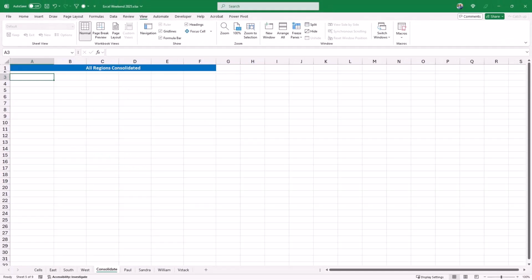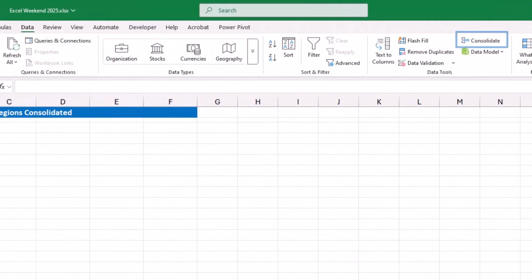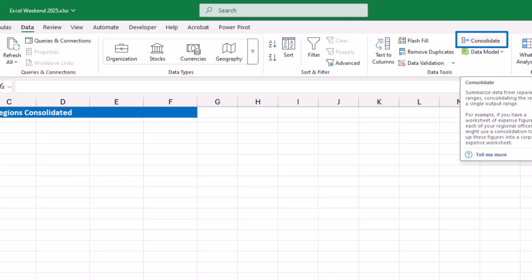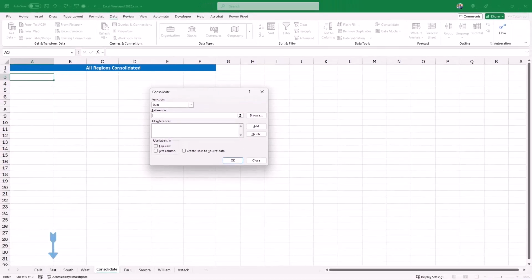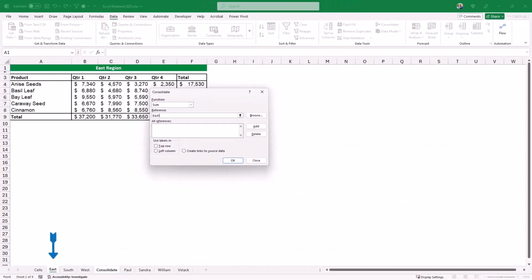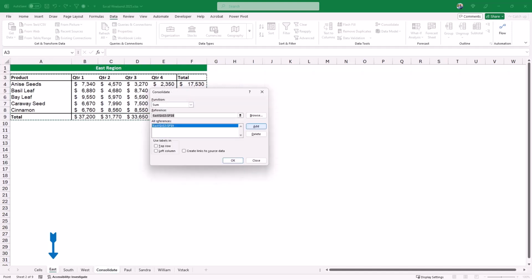I go to the Consolidate worksheet, and then I go to the Data tab of the ribbon. In the Data Tools group, I click on Consolidate. You can select a different function to consolidate the 3 ranges, but I'll keep the sum function selected. I put my blinking cursor in the reference box, I click on the East region, and then I select the range from the East region. I click on Add to move it to the lower box, and then I click on the South worksheet to